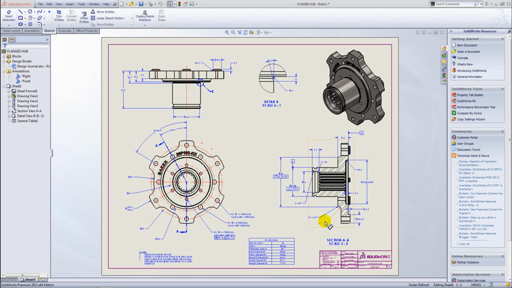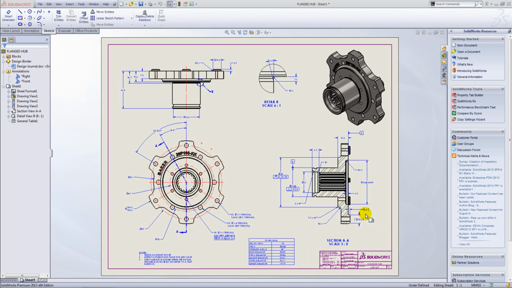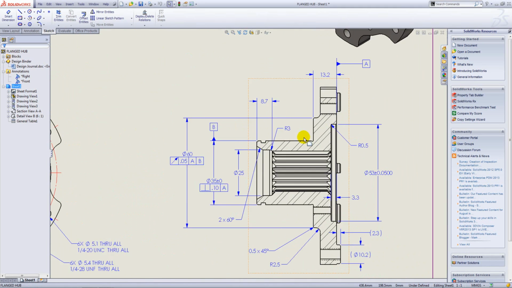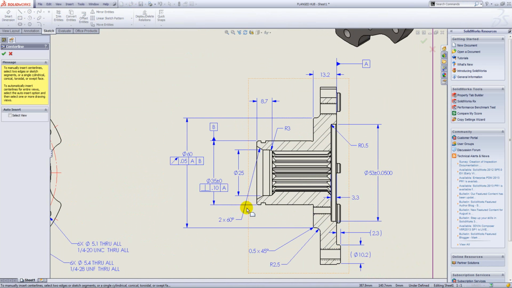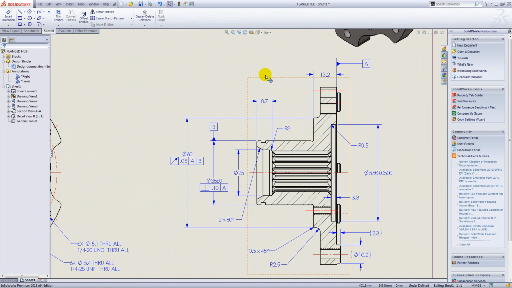Okay, so we'll take a look at some detail enhancements. First off, we'll look at centre lines and centre marks. So we have a view here and I'm just going to add some centre lines in the traditional way, like so. Now, the improvement to centre marks is you can now default them to